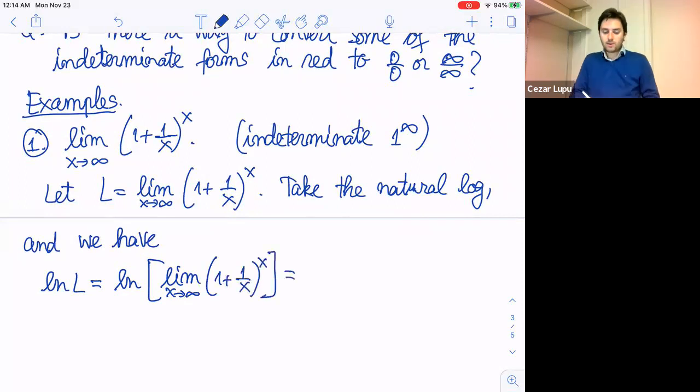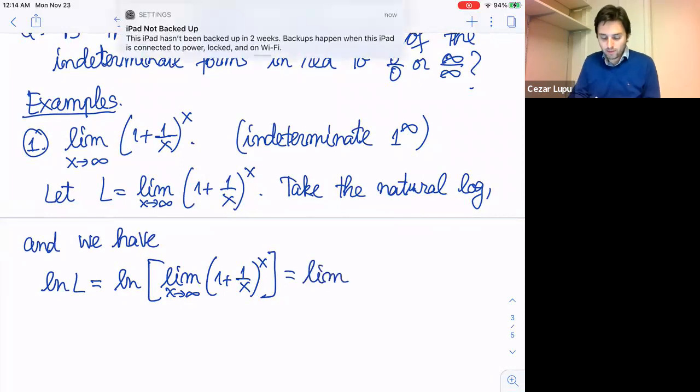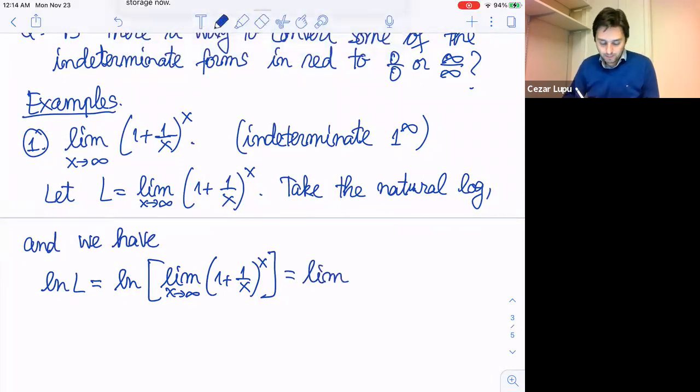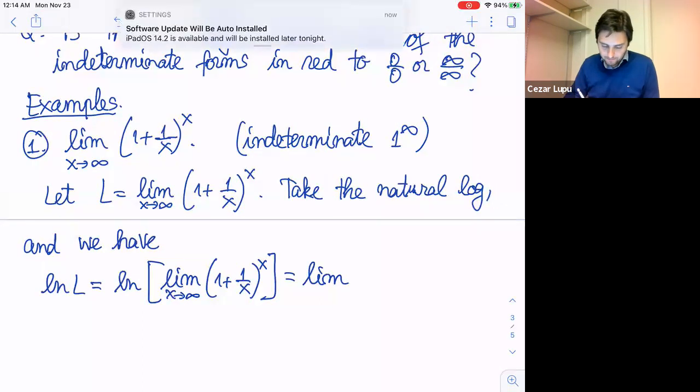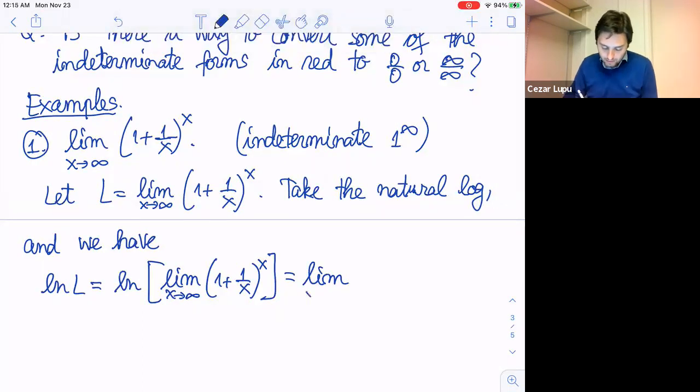But we know that the limit commutes with the log. So the log of the limit is the limit of the log. So this would be the limit as x approaches infinity of ln of 1 plus 1 over x, everything to the power x,